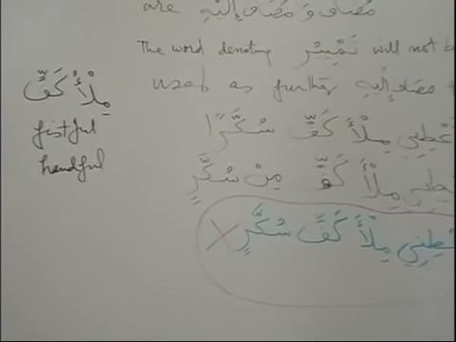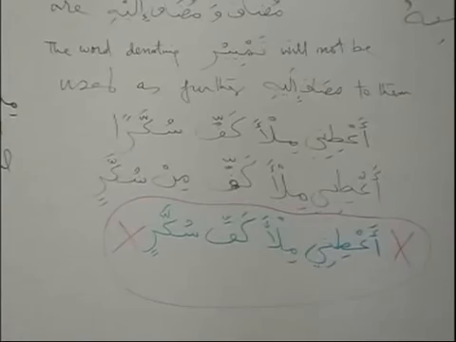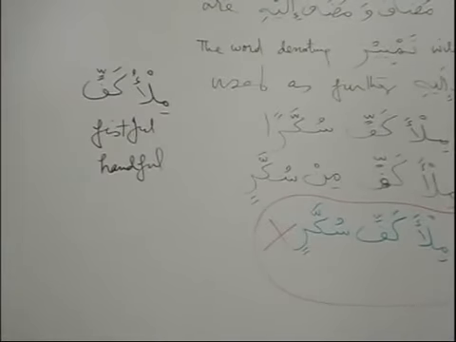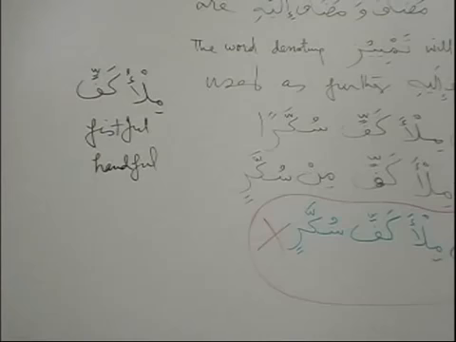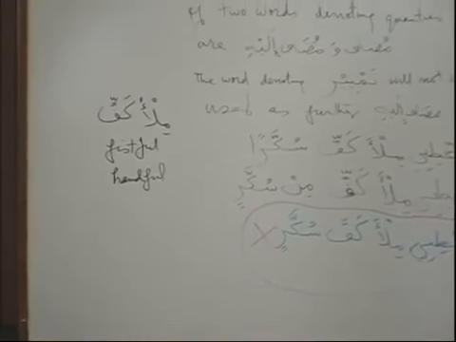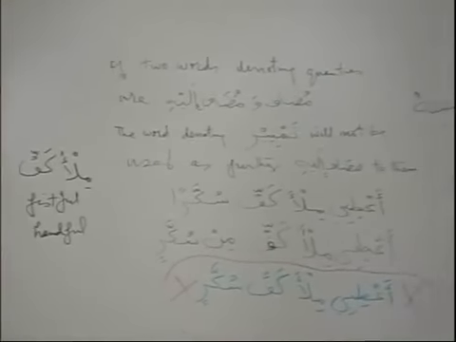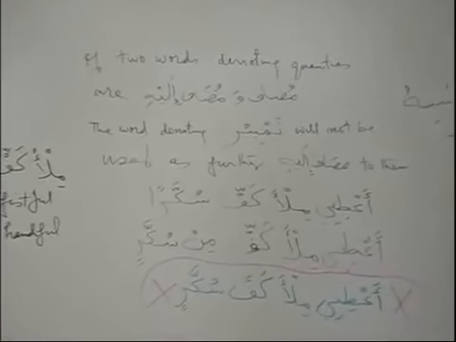I have crossed something which is wrong, incorrect. Are you with me? The one that I have crossed is incorrect. So this is the meaning of this sentence, brothers and sisters. وَقَدْ يُضَافُ الدَّالُ عَلَى الْمِقْدَارِ إِلَى غَيْرِ تَمْيِيزٍ. The meaning of this is that if the two words come together denoting quantities, which is mudaf, mudaf ilayhi, then